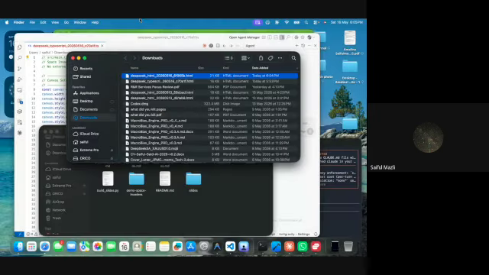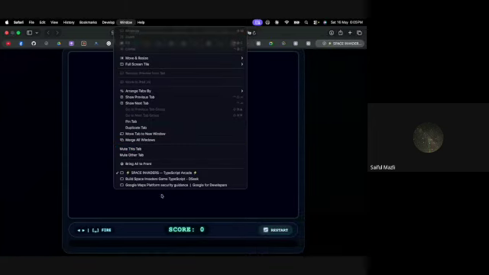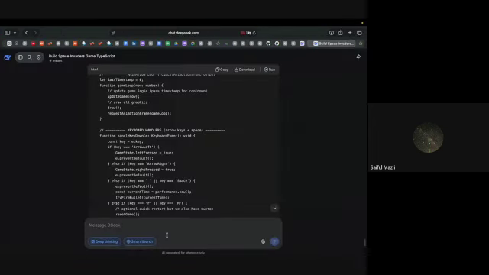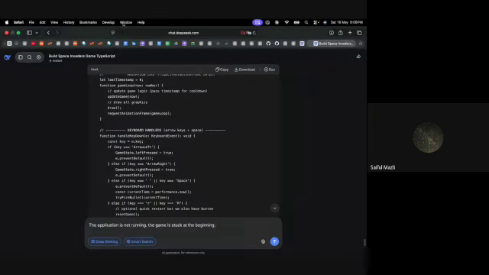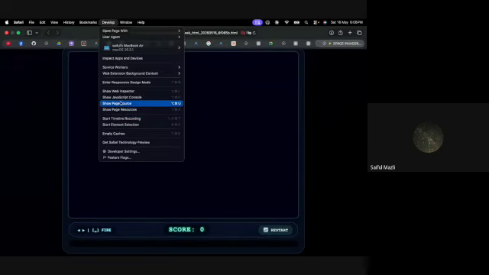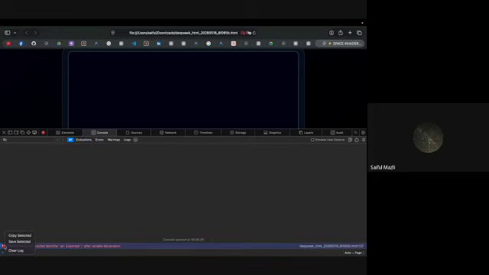You can go back to DeepSeek and say the... Now most likely if you go to TypeScript Arcade and say develop, show JavaScript console, yeah, see, there's an error here.